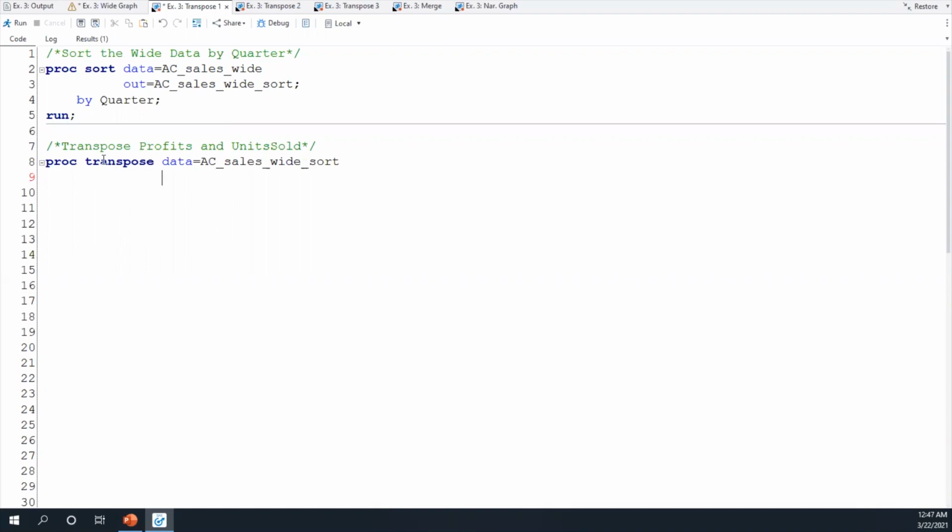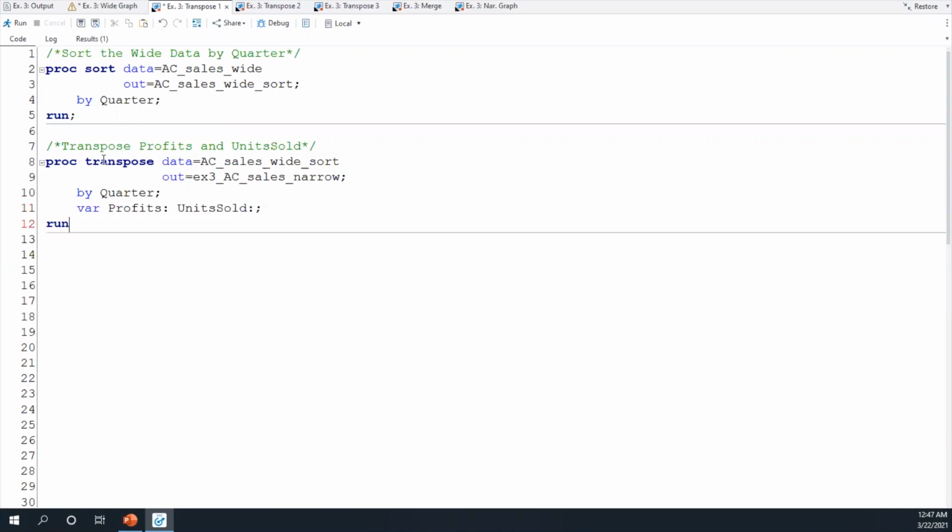Then I also want to include the out equals option to tell SAS the name of the table to create, and I'll call this example 3, AC sales narrow. Then I'll go ahead and add in the by statement, grouping on the quarter variable, and the var statement to transpose on all of my profits columns and all of my units sold columns.